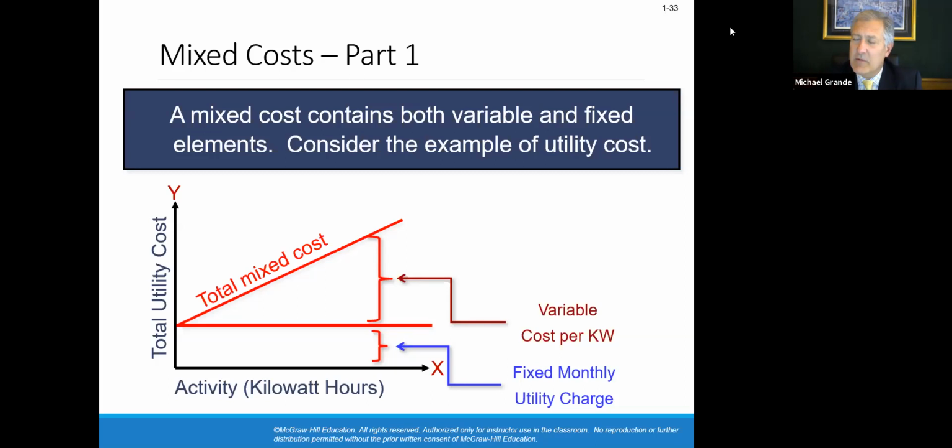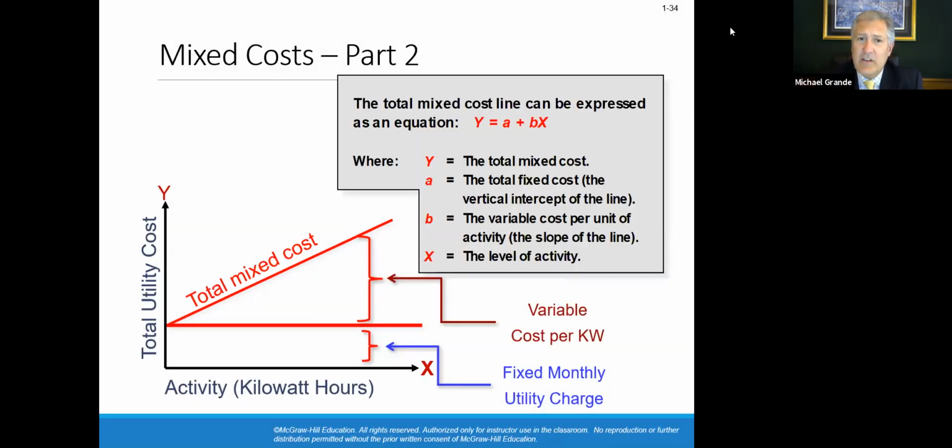The variable component comes into play when the number of patients in the hospital goes up. If there's 1 patient, put the lights on in one room, another room, maybe you have to use an X-ray machine or CAT scan or whatever, you're going to incur electrical costs. There is an estimated amount of electrical cost per patient per day. That's the variable component. Because as patients come into the hospital, electrical cost is going to go up. So I need to know what the estimate is of electrical cost per patient per day. And then I can add it to my fixed costs.